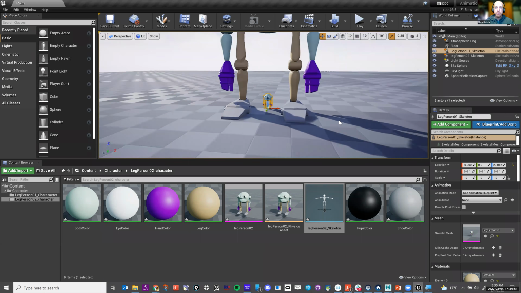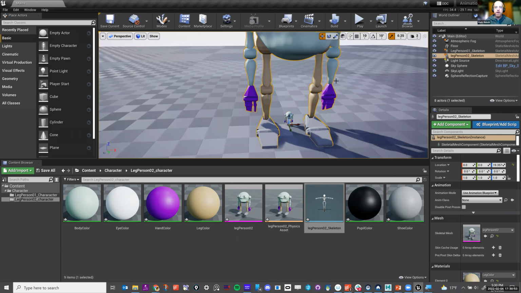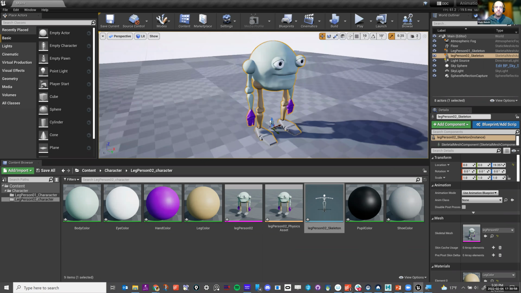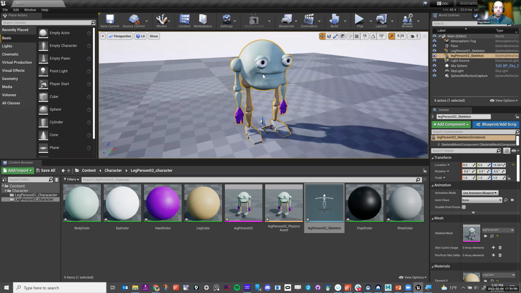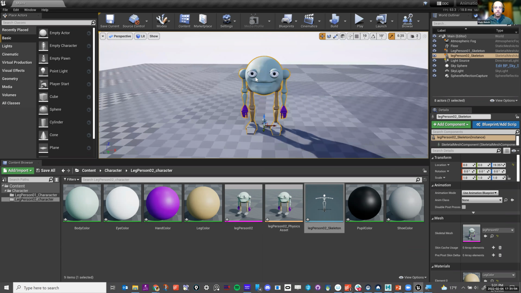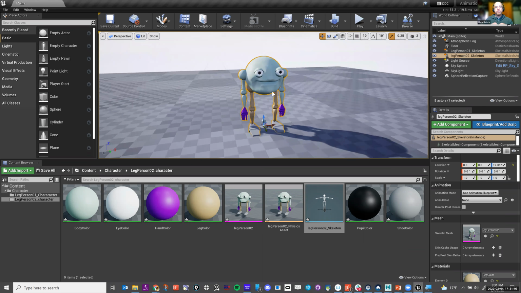So just make sure that you have the character scaled correctly, because this is going to render out much better. And if you're using particles or any other kind of system like that, this character will do you much better than anything else. Okay. Any questions so far? Because we're going to start getting into animation now.